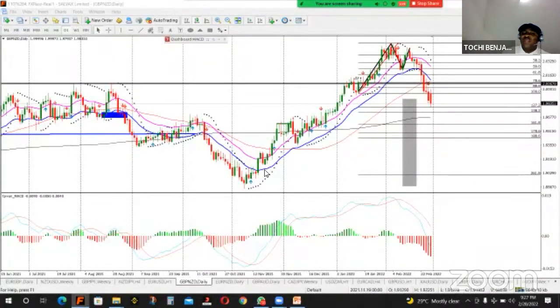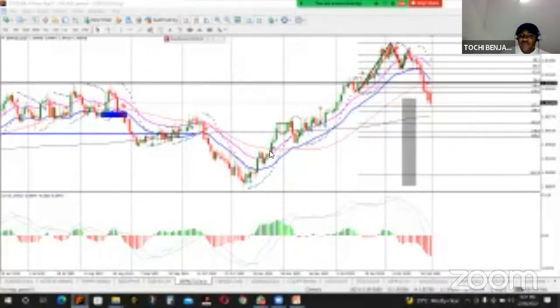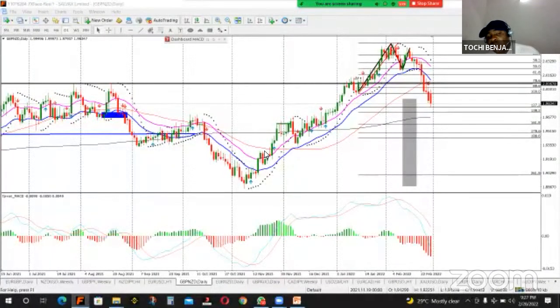Once you get to the second one and start giving me a candlestick pattern for a buy, I will engage the buy in this second one, not the first one. Because if I enter for a buy on the first one, it might take me to the second one and it will give me a drawdown.